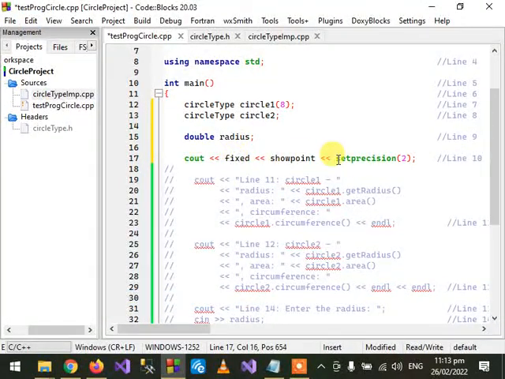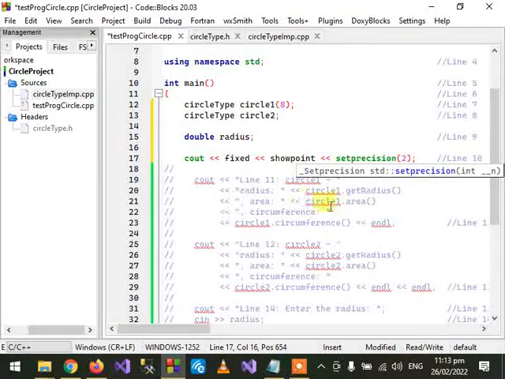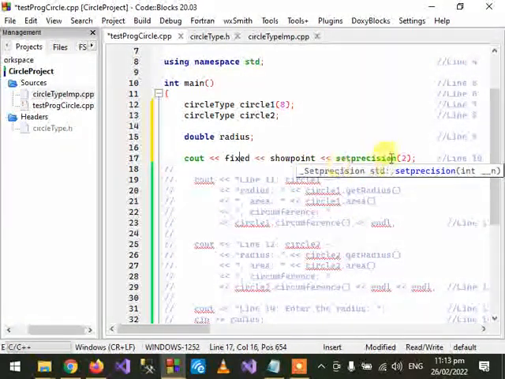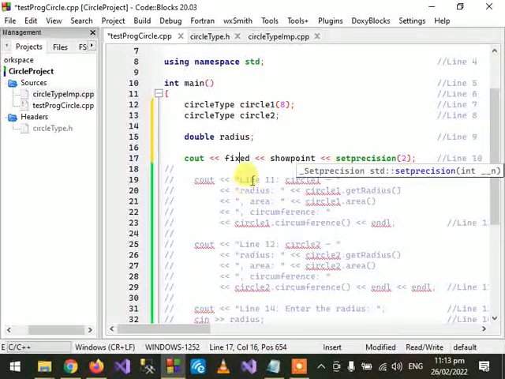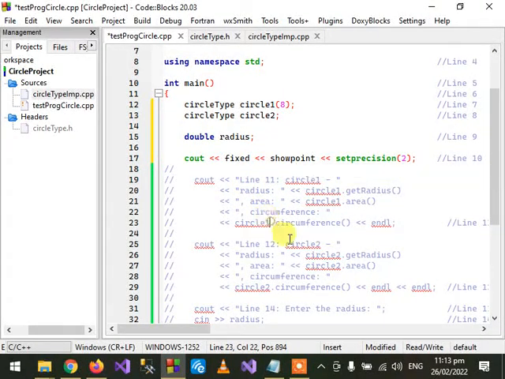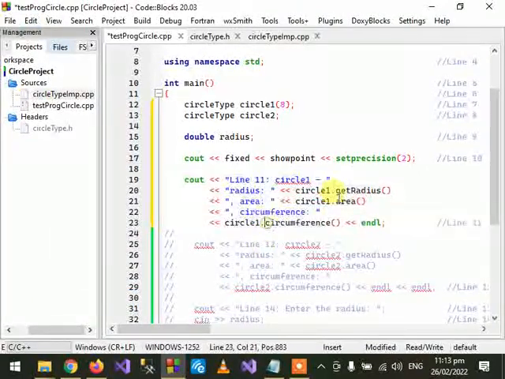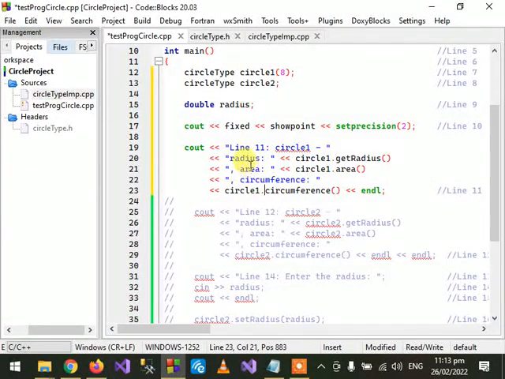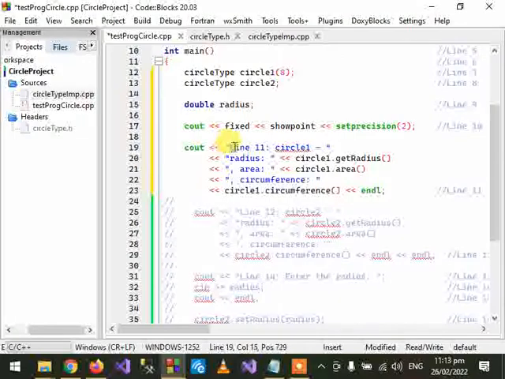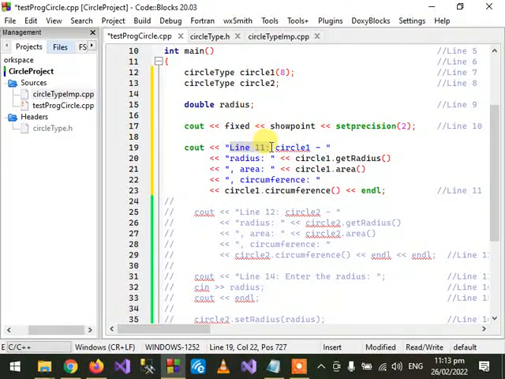In this line we have set some precision points for the next output to be displayed, and now we will uncomment the next line, this one. Okay, we have uncommented it, and now you can see that it will display this output: line 1 1 circle